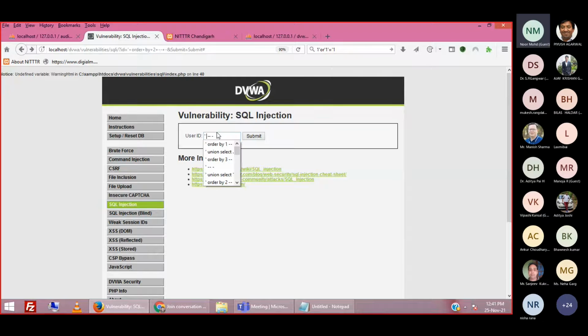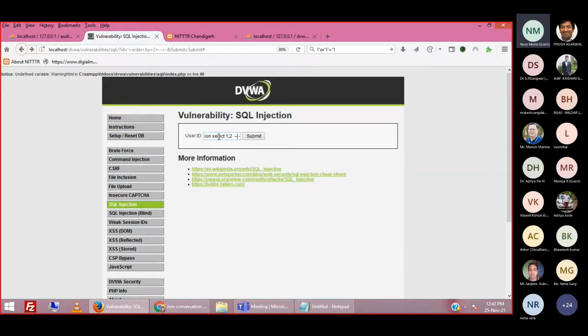So now we are going to write our customized SQL query. Let us write here union. Why are we writing union? One query has been written by the developer which was running just before this union, and now we are going to write our customized SQL statement: union select 1, 2. Why 1, 2? We have just retrieved the information that there are only 2 columns, right?